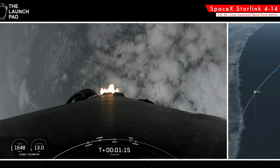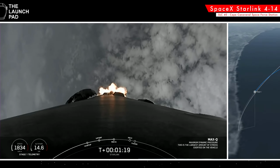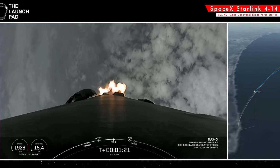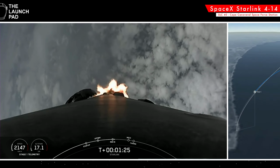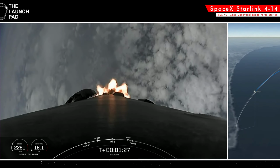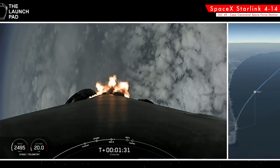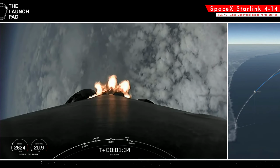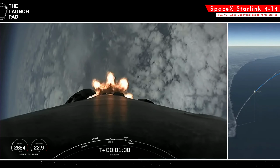Now we're going... Max Q. There we heard the call out for max Q. That's the point in which the vehicle experiences the greatest dynamic pressure. So we're going to throttle those engines back up. And we're coming up to a series of events that will happen in quick succession. For those of you that have followed our launches previously, you know not to blink. The first of those three events is...